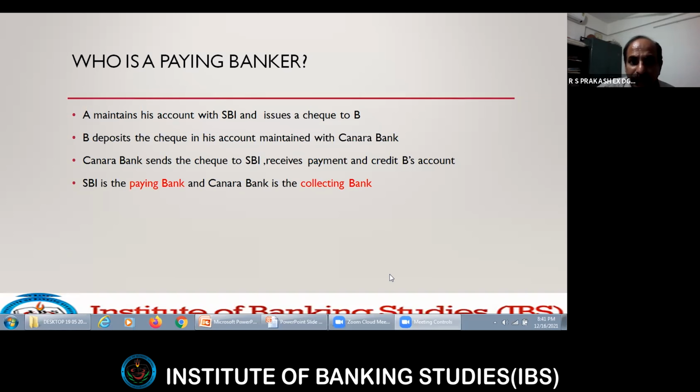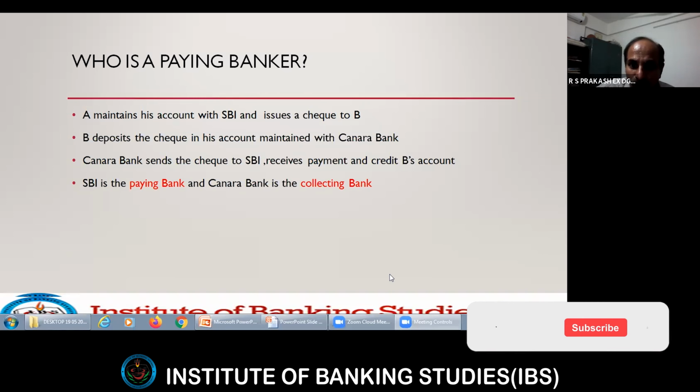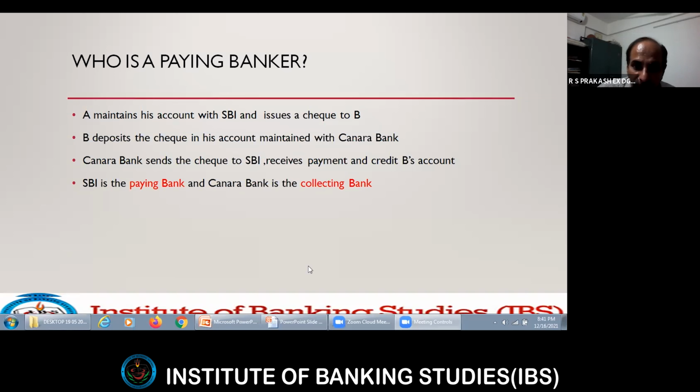Amit Kumar asks me a question: in a bearer check, can the payee also transfer his instrument to another person? See, there is a famous quote which is very apt for a banker: once a bearer, always a bearer. Is there a need for a bearer check to be endorsed? Fine, if you want to endorse, you endorse it. Otherwise also, the bank is within its rights to make the payment to whoever presents that check. Even though there is no endorsement, the bank is well within its rights.